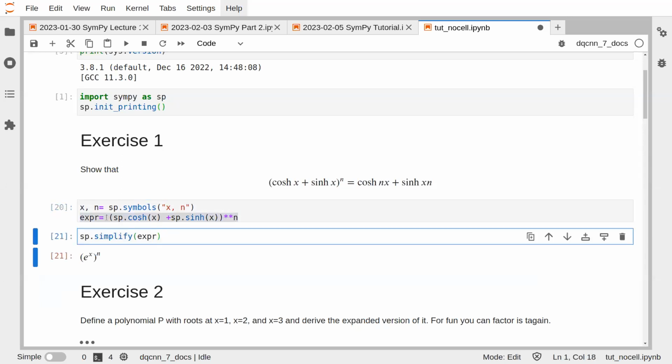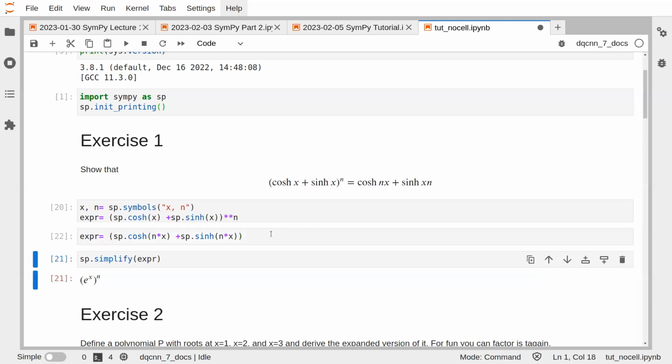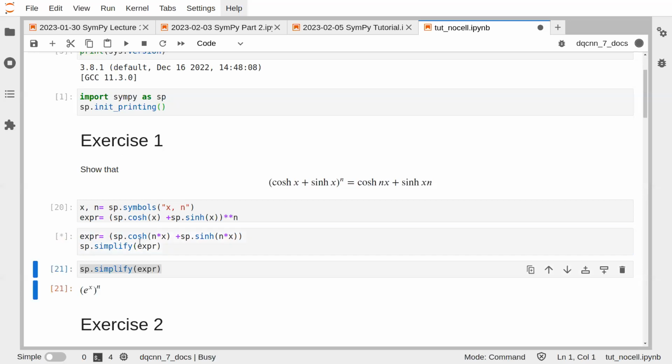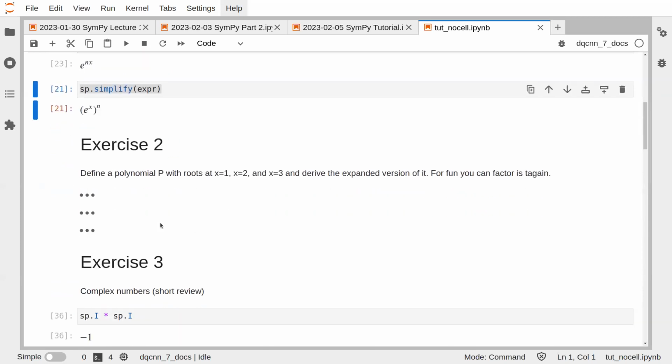So if we do n times x and you get the same thing. Cool. Yeah, so everyone happy with that? We can go to the next exercise,